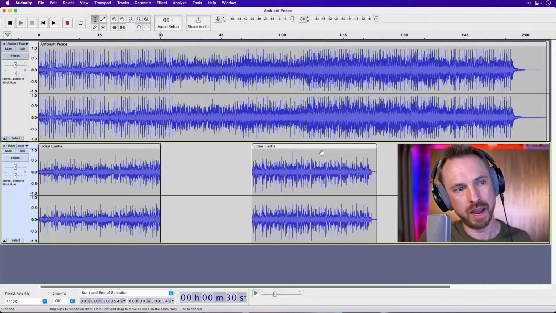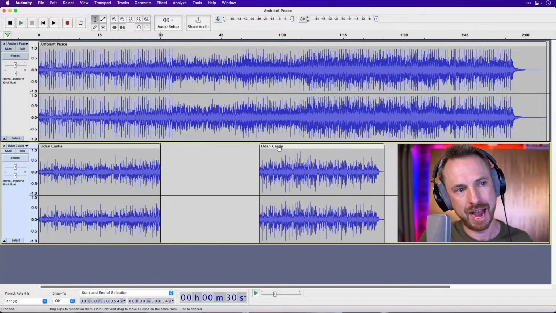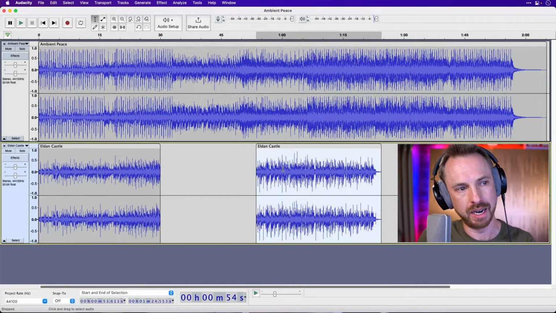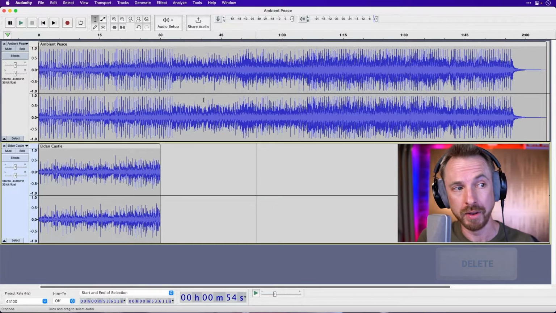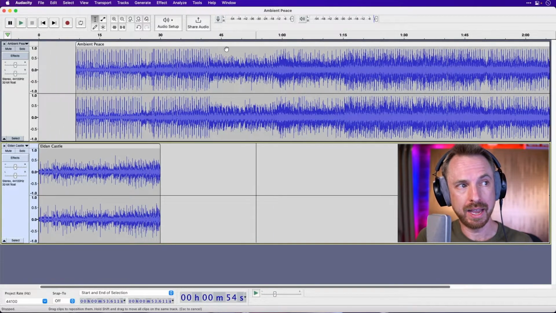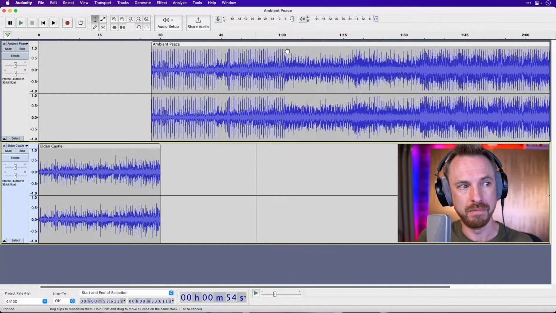So I can move this out of the way by dragging on the title here when I get the hand, and if I want to get rid of it entirely, I can double click and hit the delete key, and it is completely gone. Now the same up here, like a kind of multi-track mix, I can move this around,